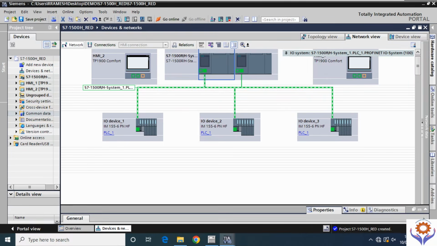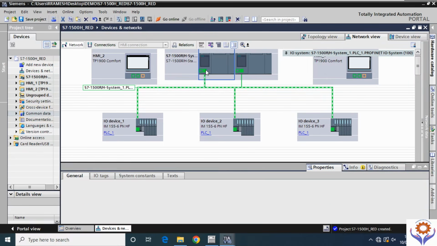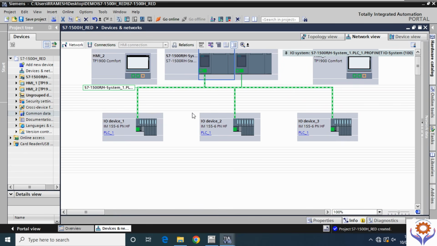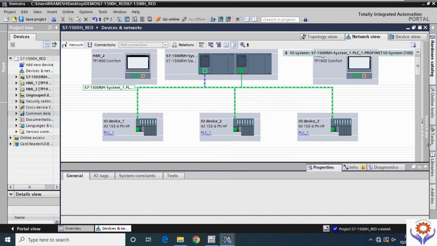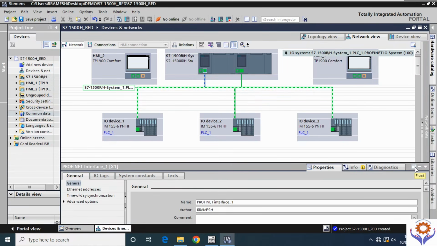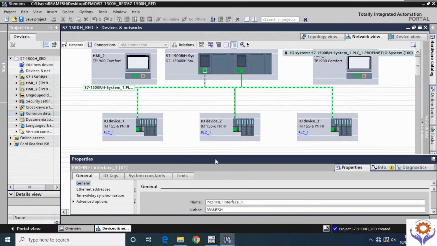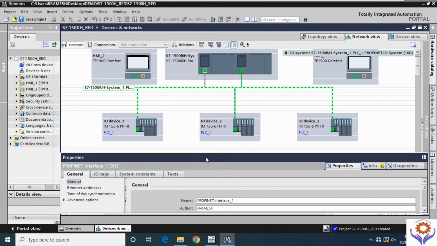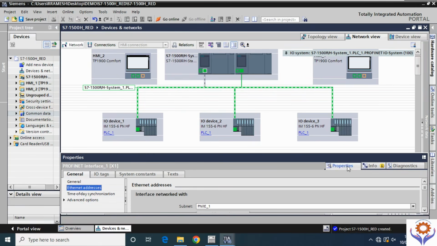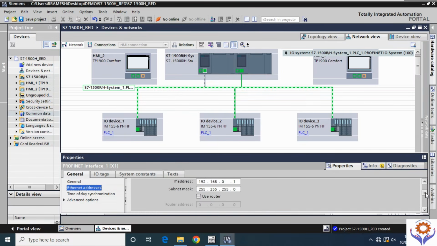See here you have the option to make auto hide also. Sometimes it will auto hide directly. So just click the properties and you can find here, this is only for Ethernet property. In this Ethernet property you can find only the IP address, time of day synchronization and some advanced options. If you click the Ethernet IP address, you can find the Profinet and the IP address,